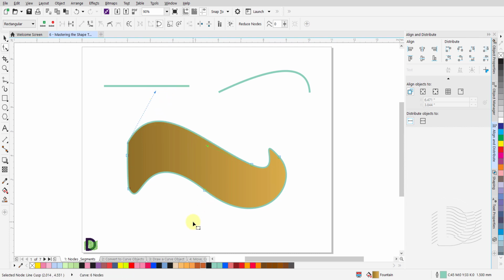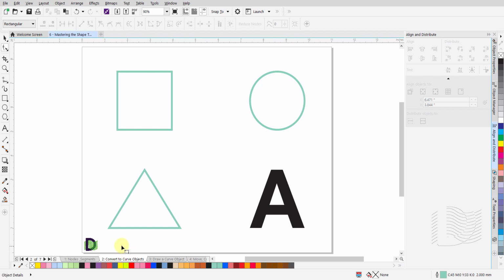Curve objects created in CorelDRAW follow a path. This path defines the objects. We will look at paths in greater detail later in the series. With the exception of drawings made by the drawing tools and spirals, most objects that you add to a drawing will not be curve objects. Therefore, in order to shape them, you will have to first convert them to a curve object. Here is a quick look on how to do that.